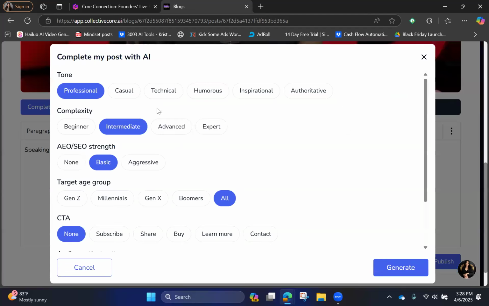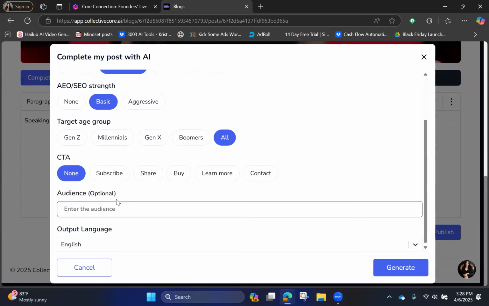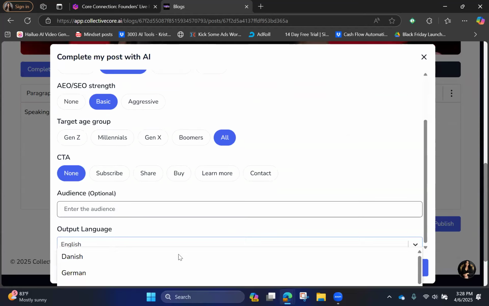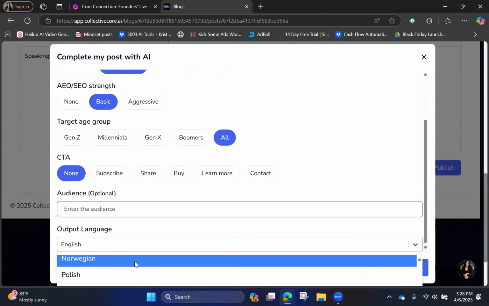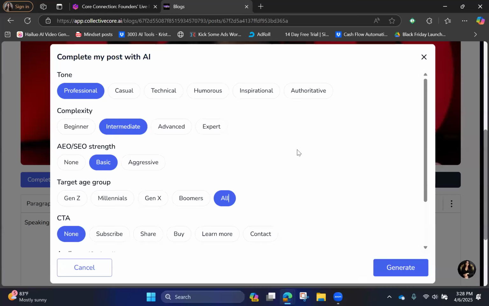And here it'll basically ask you what you want the tone to be, the complexity, the target age group, if you want it to have a call to action, who your audience is going to be, and what language you want to add. And I'm not going to